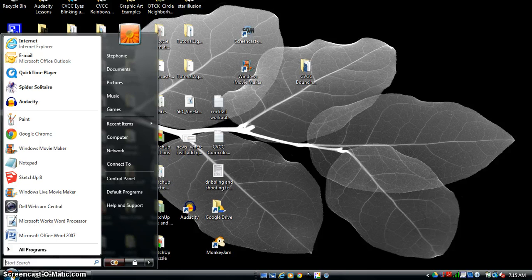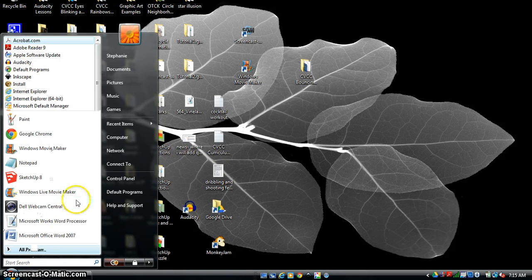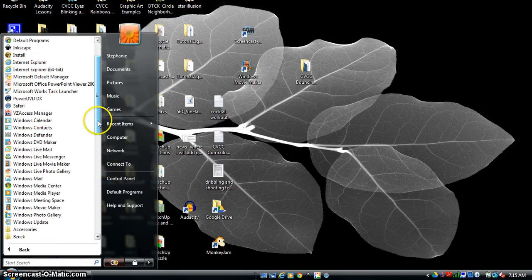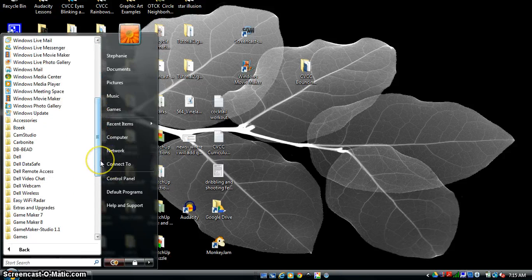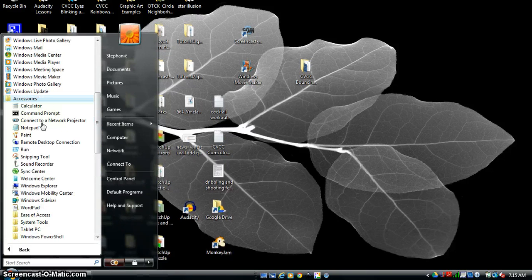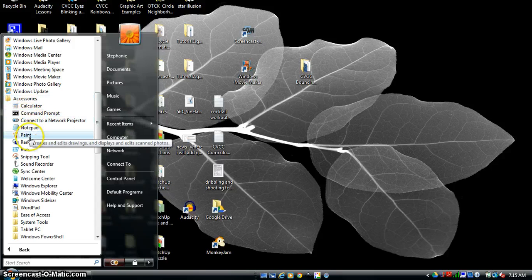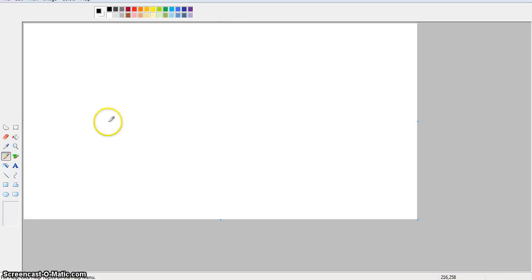I click Start, All Programs, and I scroll down until I see my first folder. It's called Accessory. I open it, and there is my Paint file. I open Paint,